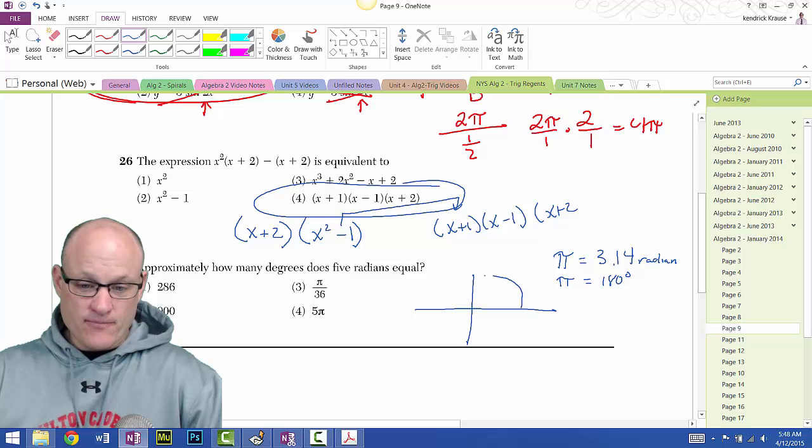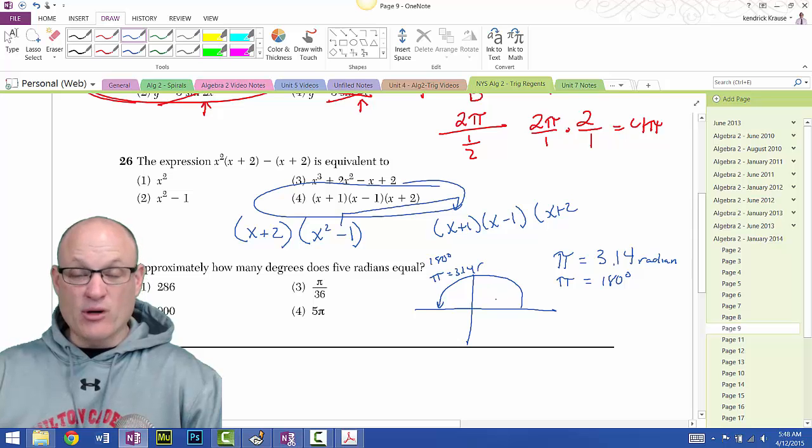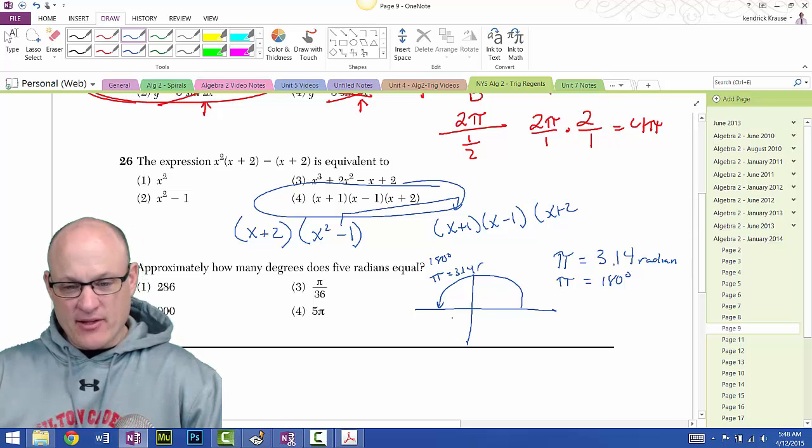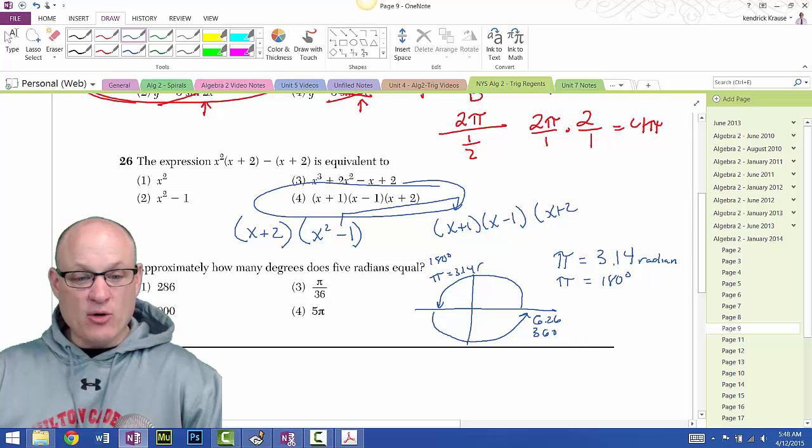So this is pi, or 3.14 radians, or 180 degrees. So if that's pi, this would be 2 pi, or 6.28, is double 3.14, or 360 degrees. So if I'm going 5 radians,